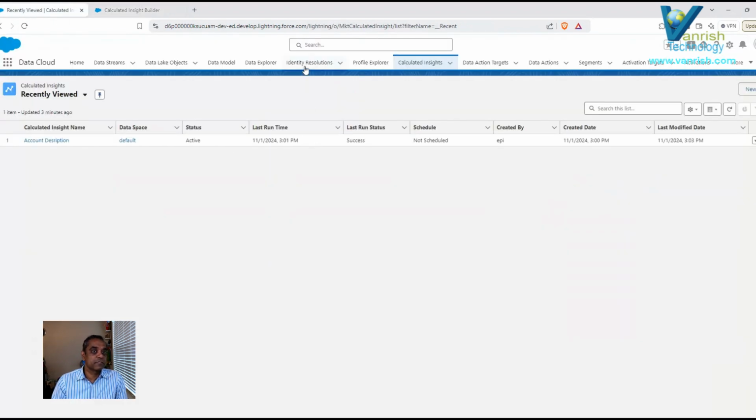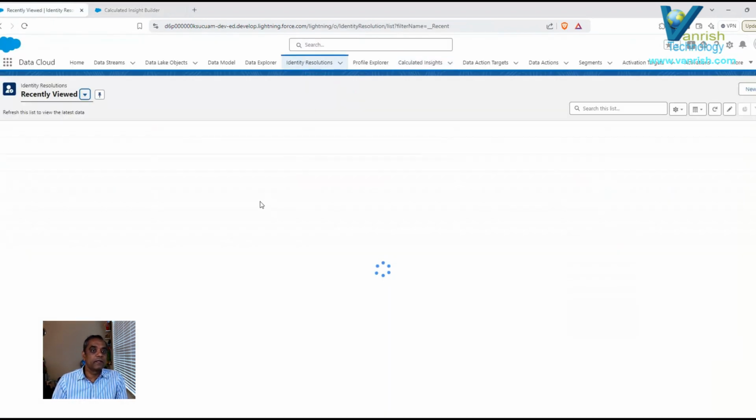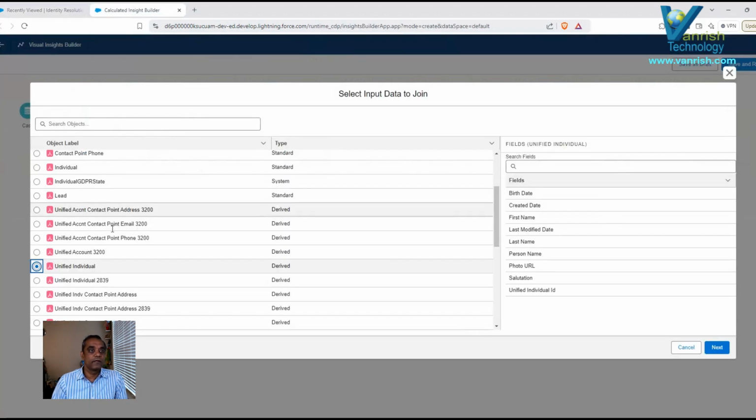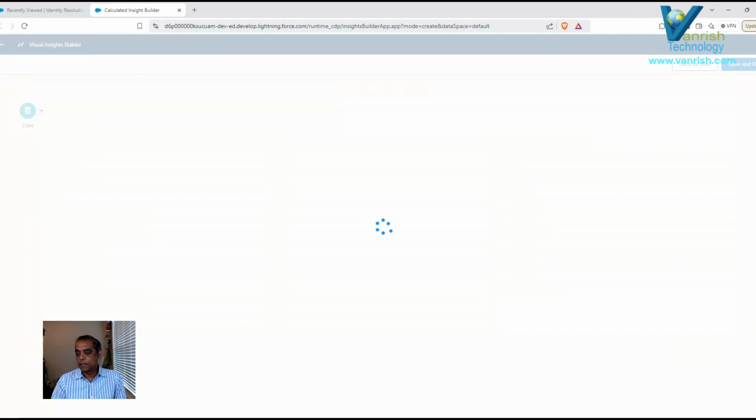So if you notice, in identity resolution I'm using this one, individual. So unified individual I'm selecting over here. So as soon as I select next,